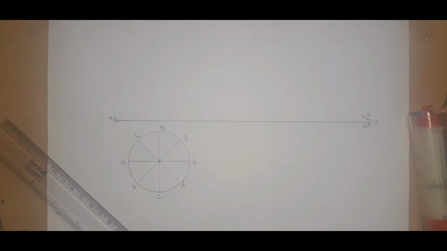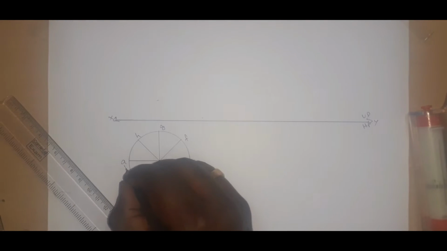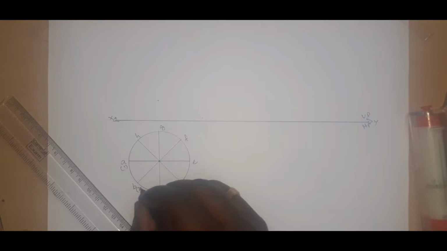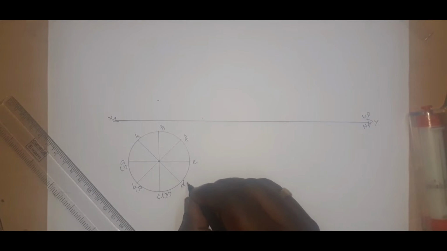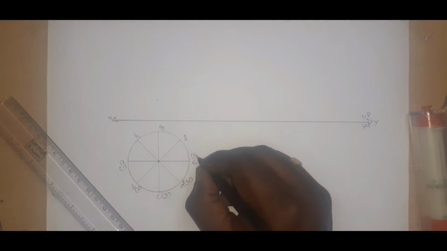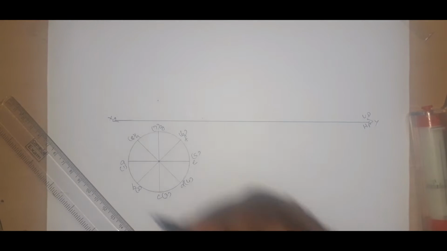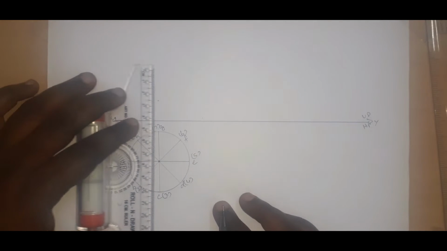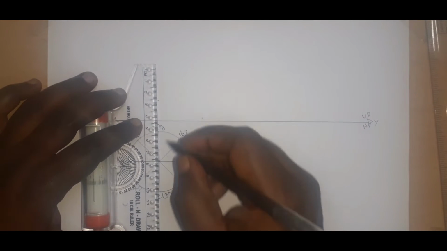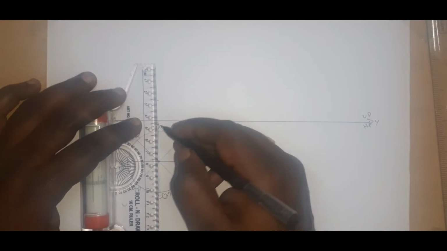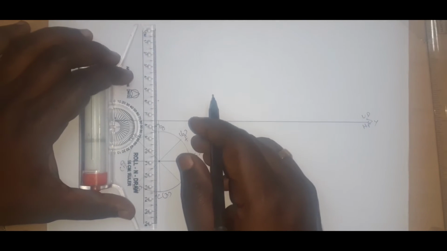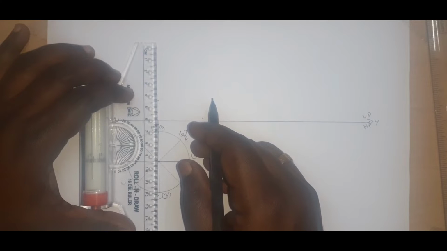I am giving the names A, B, C, D, E, F, G, H. So these points are only the top points. So what about the bottom? The bottom also we have to name because this is a prism. So here we can name it as 1, 2, 3, 4, 5, 6, 7, 8, with the hidden ones in brackets. So totally 8 points are there. Now I am going to make all the projection lines. This is the 60 mm height.